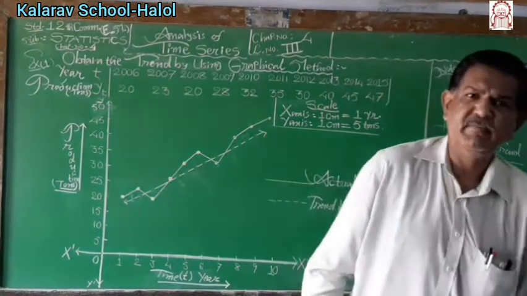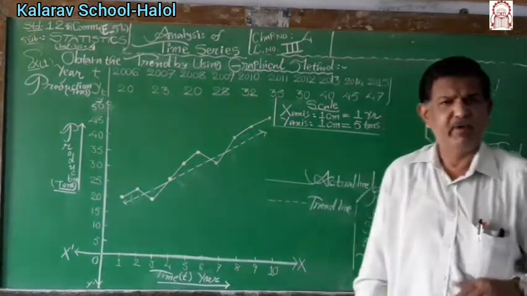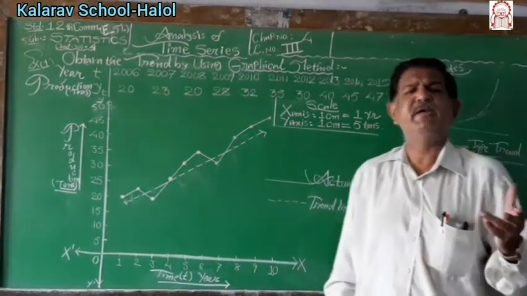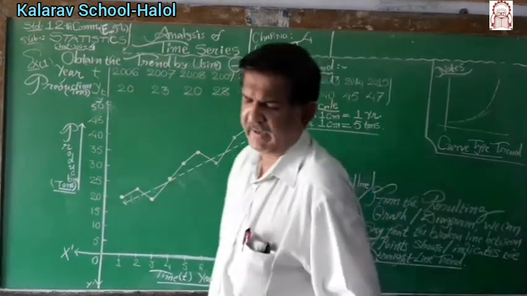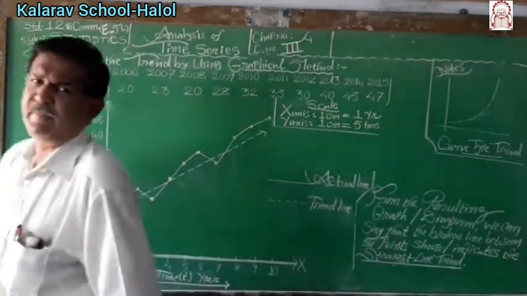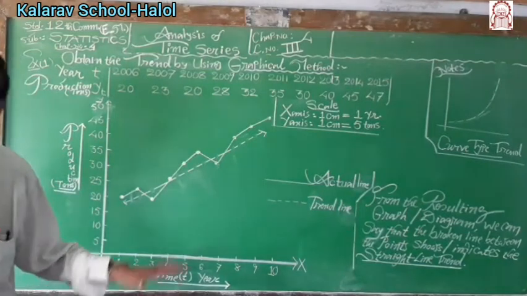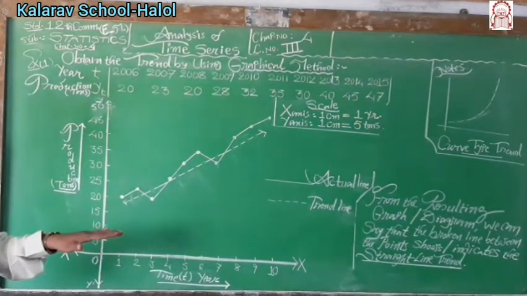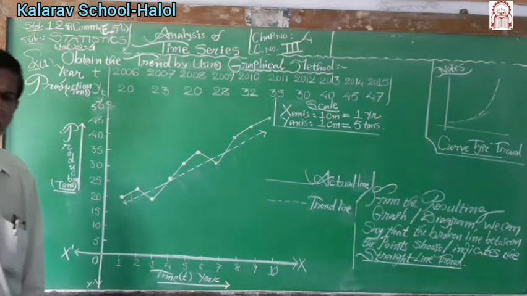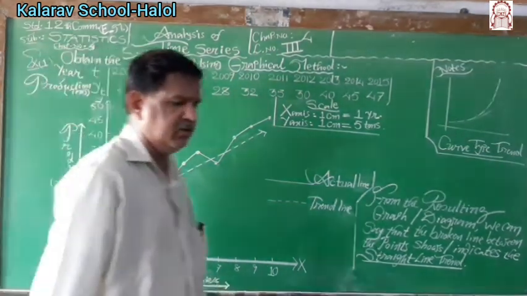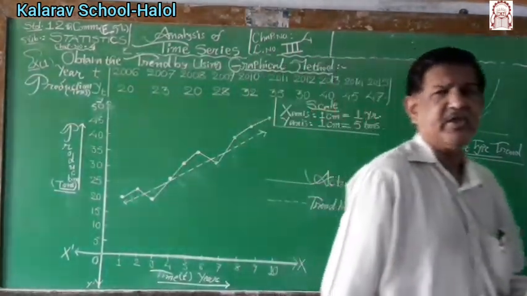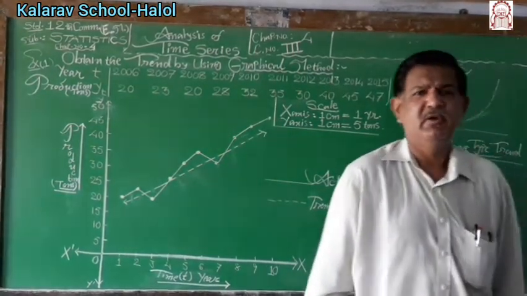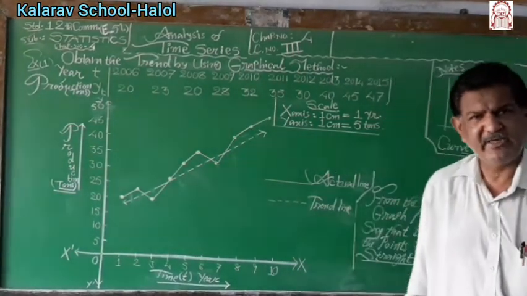We practice minimum 5 to 7 examples from textbook, from illustrations, from PDF or from board papers. If you practice very well, this is the basic method, primary method, preliminary method, graphical method or diagrammatic method of presenting the trend. But calculation is also there. It is known as least square method. That part we are going to see in the next lecture.